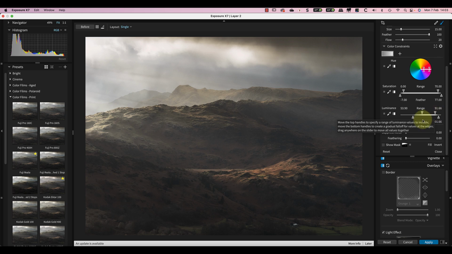So now I can remove them from the lightest areas of the image and also from the darkest areas. And that creates quite a nice effect, except I don't want them in this area here because they're turning the area white, and also I want to remove from some areas up here.